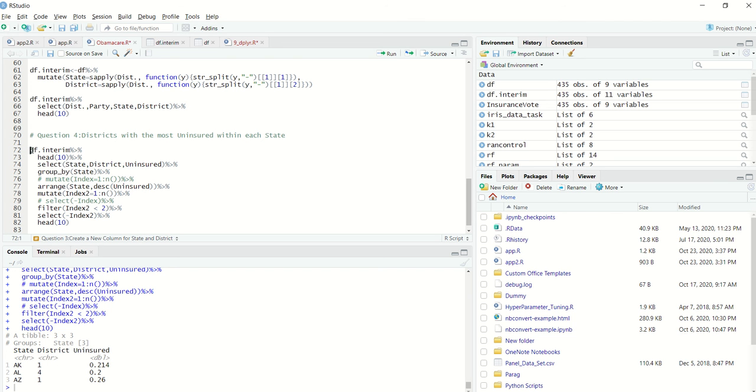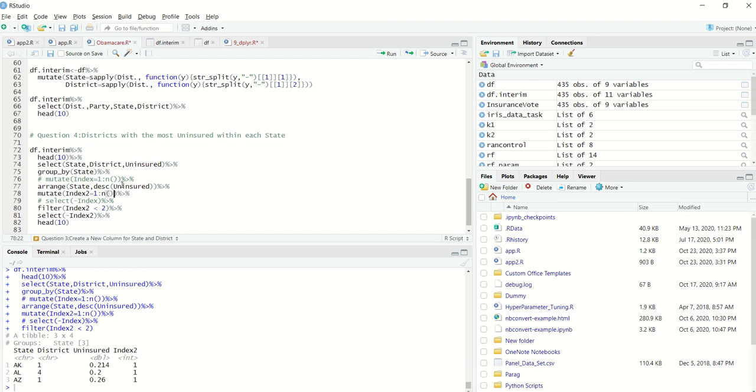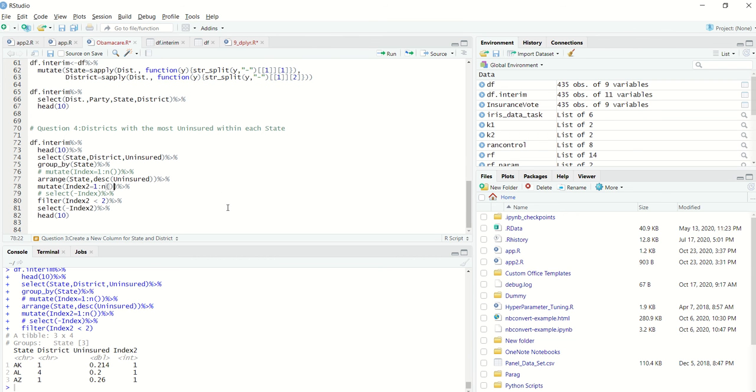Once that was done, I created an index which indicates the manner in which the uninsured percentage within each state is arranged, which is descending order. And then I filtered on an index value of less than 2. That way I would get all the top districts with maximum uninsured percentage.